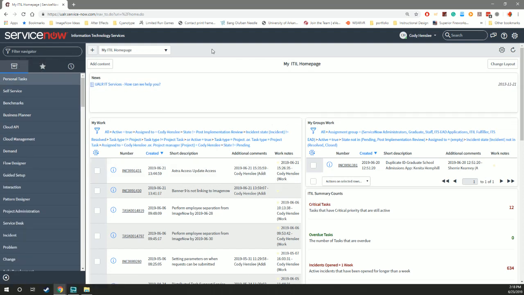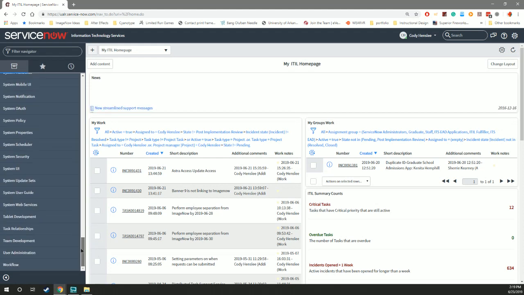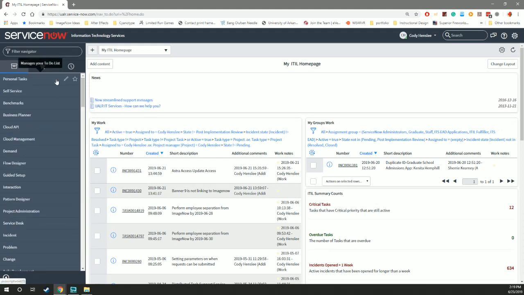Now, what you'll see is it takes you right here to this main home page. Across the top, you'll see the main banner frame. It's the one that is global. It will follow you throughout ServiceNow, as well as the application navigator here on the left. This is going to look different to everybody based on what roles you're assigned within ServiceNow. Because I'm an admin, mine is going to be very long and comprehensive. But don't worry, your application navigator should be much more streamlined. And I'll show you in later video demonstrations how to actually create your favorites so that you can further filter